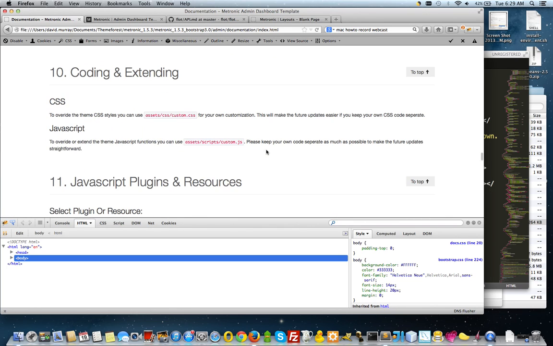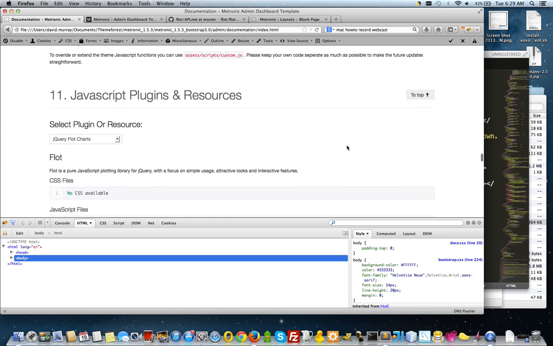So we're going to go down here and look at what that means. It actually says that for coding and extending, you're going to use JavaScript, and you're actually going to override or extend the theme functions. You can use this. And then it says, please keep your own code separate as much as possible to make future updates straightforward. Okay,